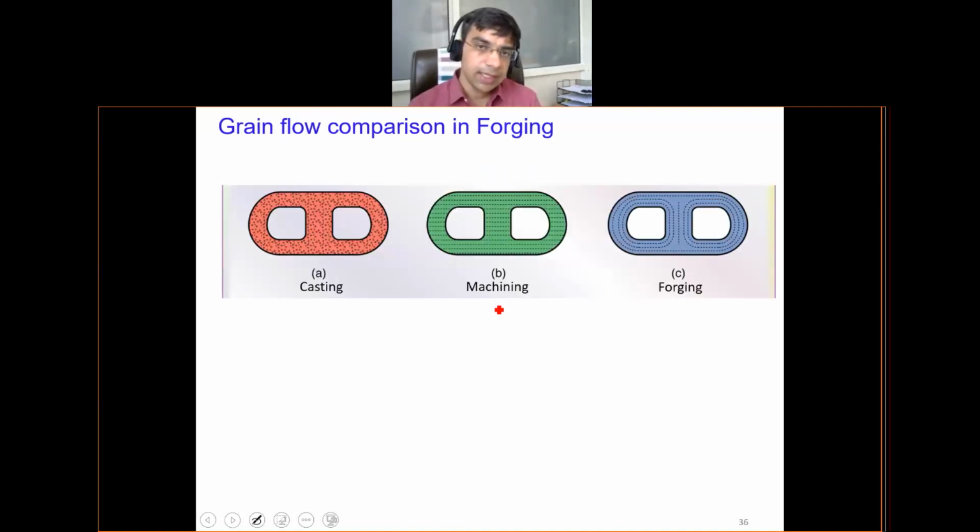If we look at the grain structure of a forged product, this grain structure is quite different compared to casting or machining. In casting, generally what we get is a dendritic structure, where you get non-uniform long grains. These long grains are generally not favorable towards having higher mechanical properties. Generally, we are always interested in having a very compact structure, which can also enhance the mechanical properties of the product.